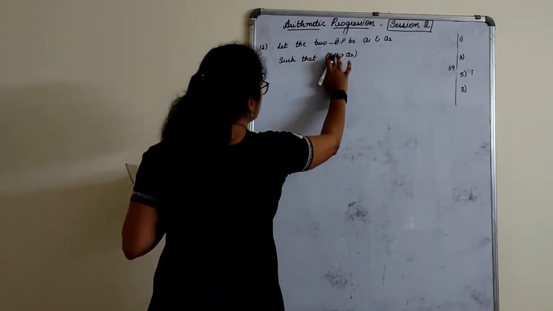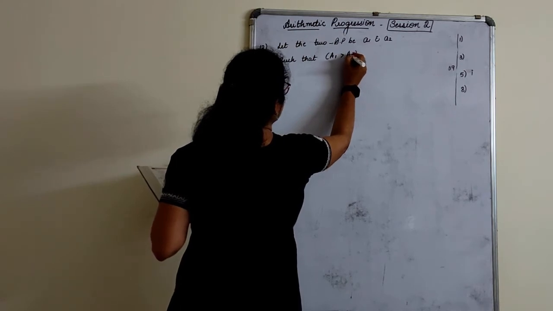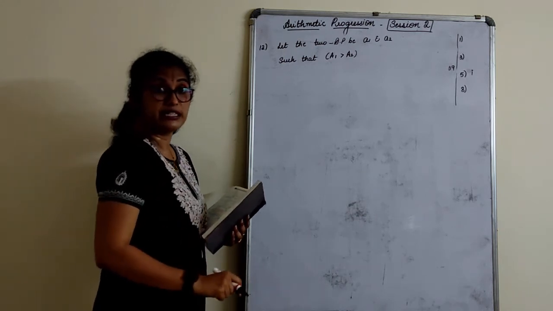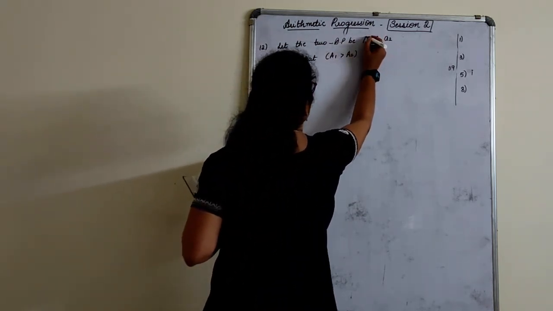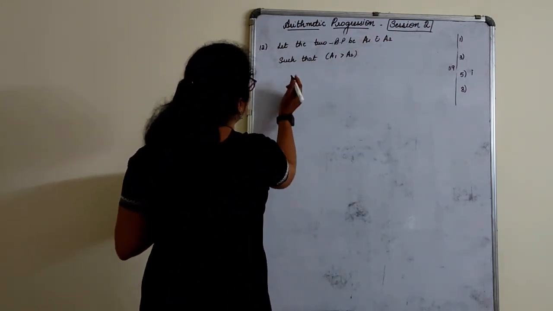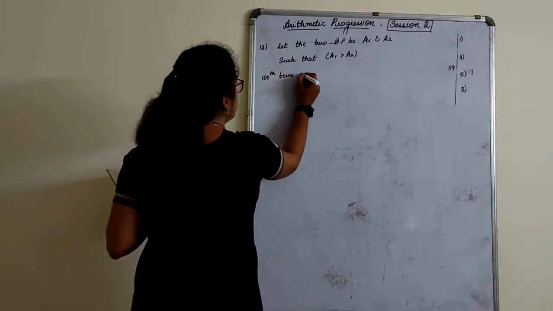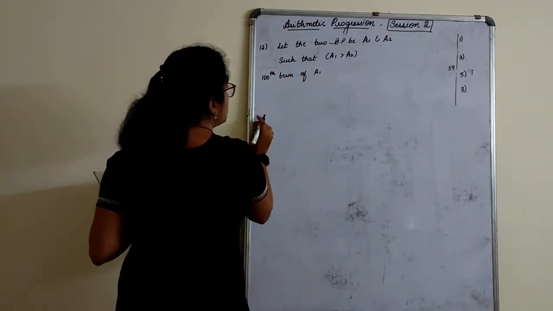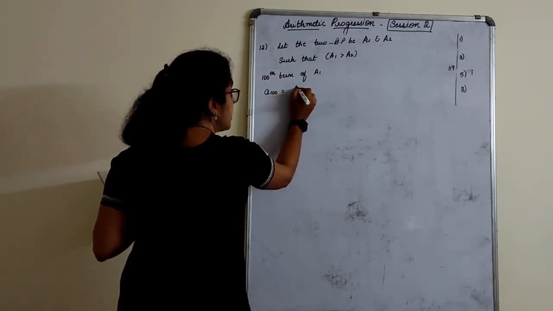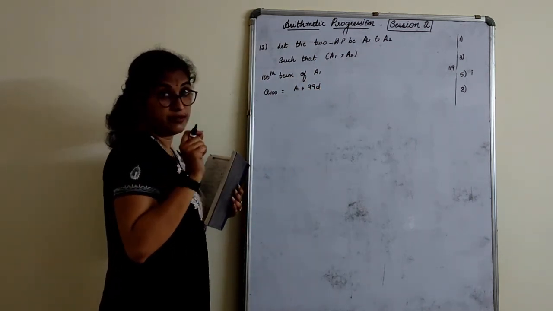So, okay, I'll choose it like this. It is A1 here and this is A2 here. Different APs it is. If I write A1, A2, you will get confused between first term and second term. So like this we will consider as A1 and A2. Okay, difference between now the 100th terms, 100th term of A1. How do you write the 100th term of A1? A100 is equal to A plus 99D. This is the first term, that is what I have taken here.